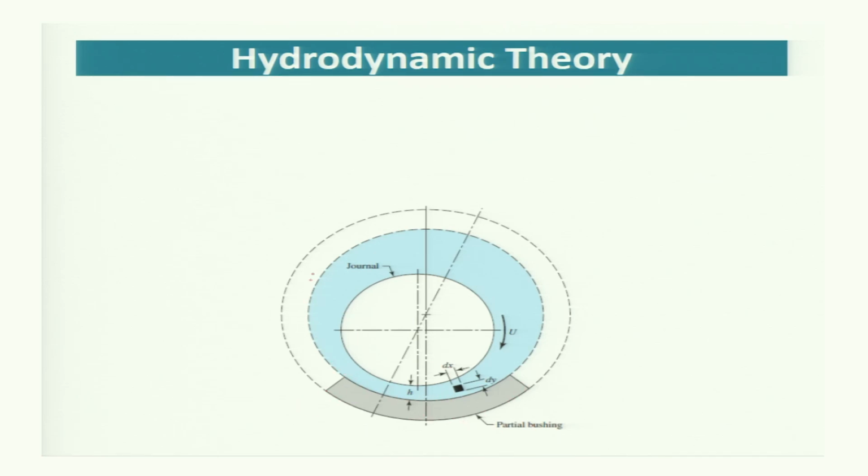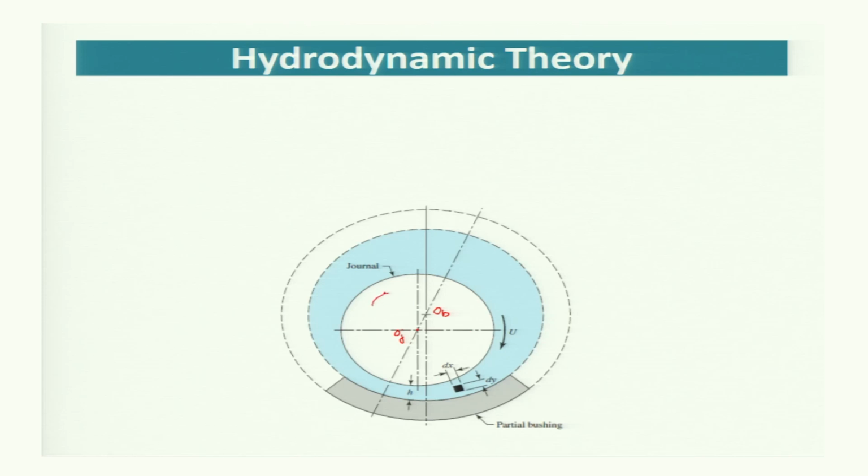Now, for the case of full bearing, beta will be 360 degrees, and we have the journal center given by OJ, and the bearing center given by OB, and the eccentricity will be e, and the journal is rotating in